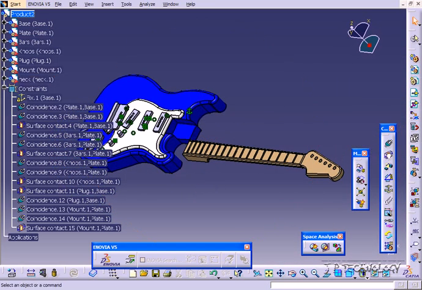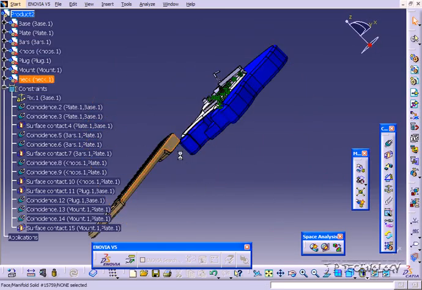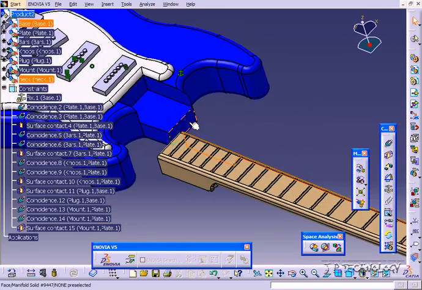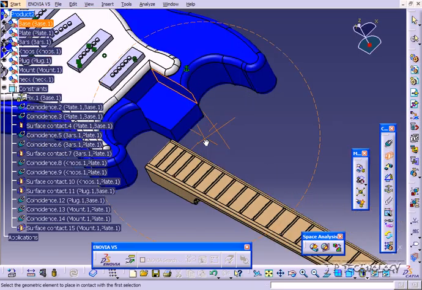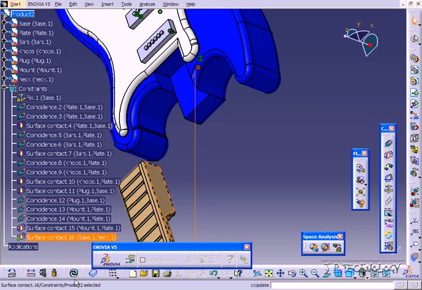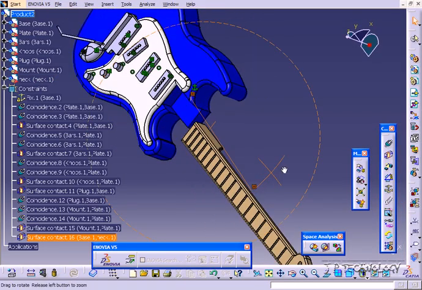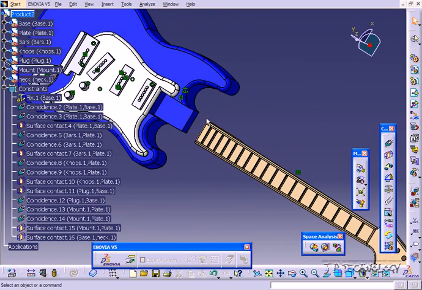And now let's mate this neck. So let's click contact constraint, click this face here, and click this face here. So contact that face and that face. Click update. Now once you make it, I want you to delete it just because of the geometry and such